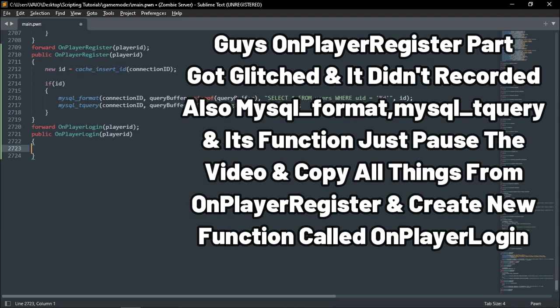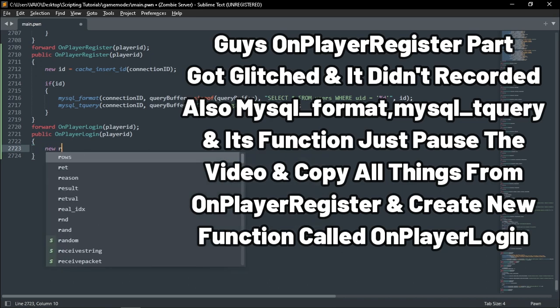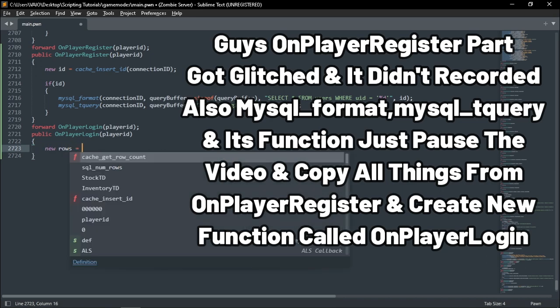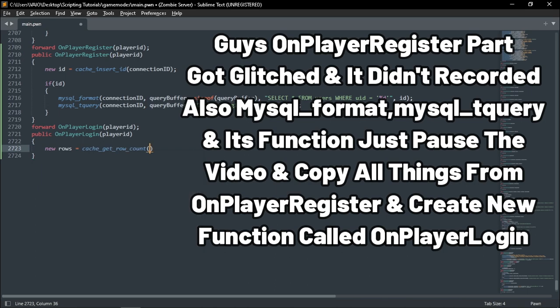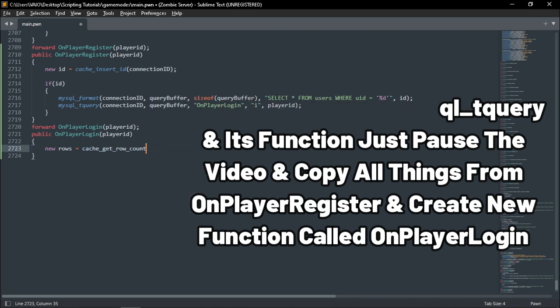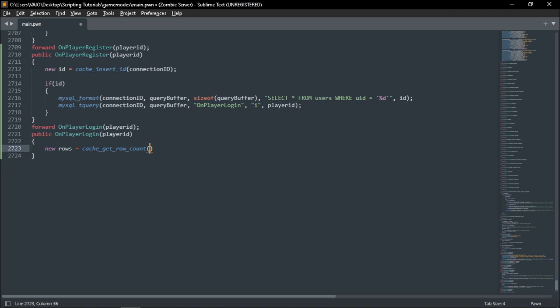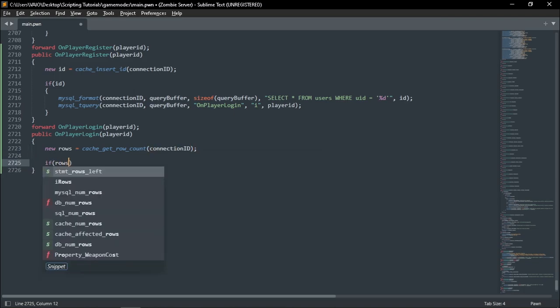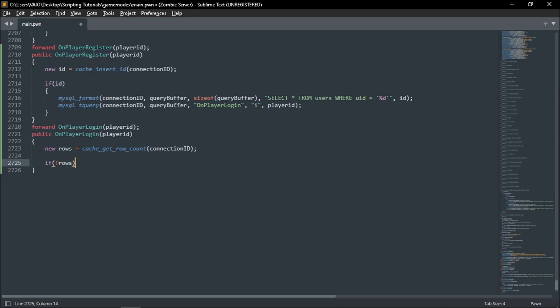So here add new rows is equal to cache get row count, get row count, and connection id, and if not rows, then